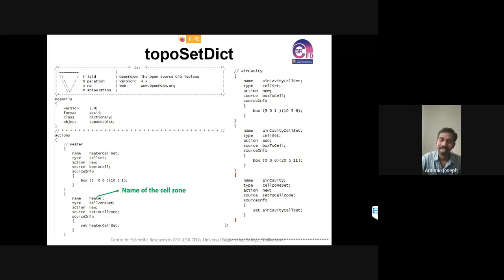Now suppose there are some cells which are partially inside this box and partially outside the box. Can I group that into this heater? No, it's not possible, because that's lying partially inside and partially outside. So it won't work.